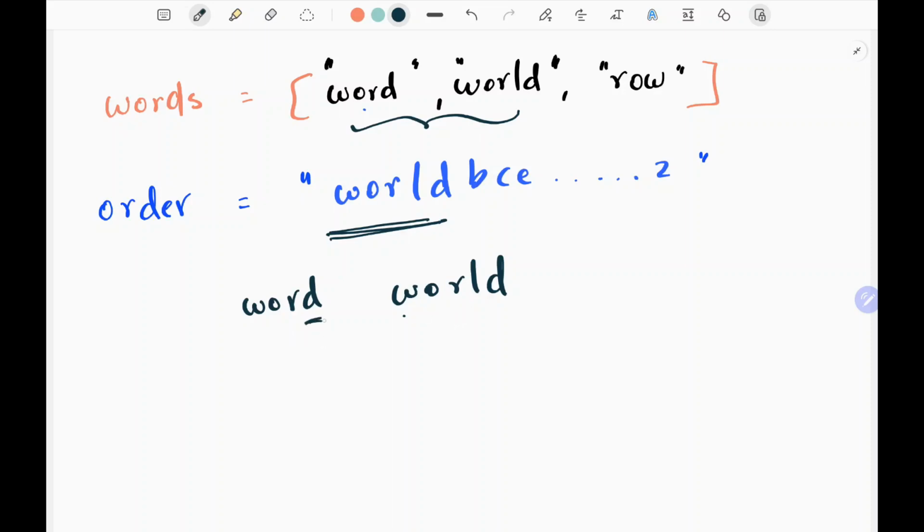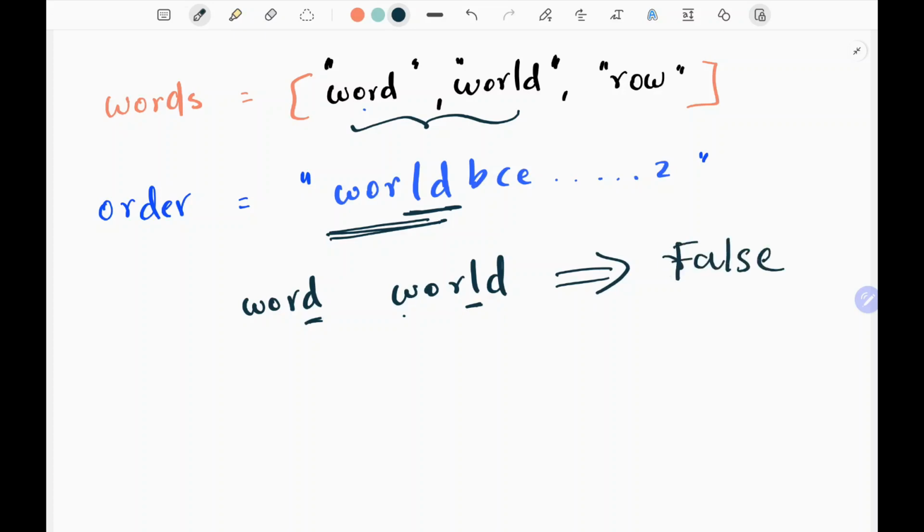Now D and L. Here I need to check the order. I could see that D comes after L in the order, but in word one, D comes before L. So I need to return